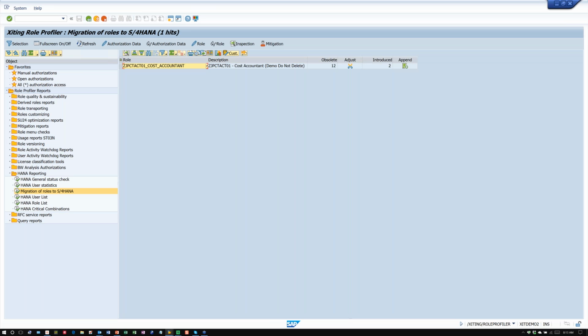migration report. So what this report will tell you is it'll analyze your current ABAP roles, and it'll look at them and tell you what's going to happen to them when you go to HANA, right? What's going to change in the role. So for this role, the cost accountant role, we have 12 transactions that are going to become obsolete, and we have 2 transactions that are going to be introduced. So if we double click on the 12,